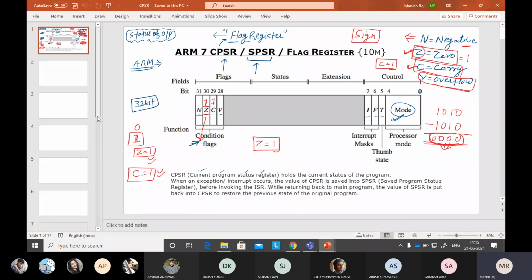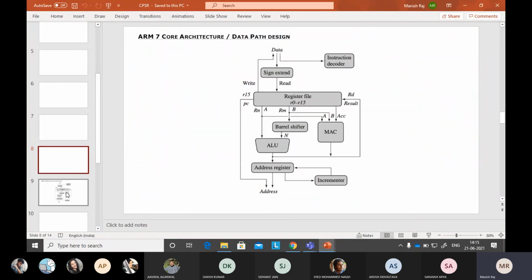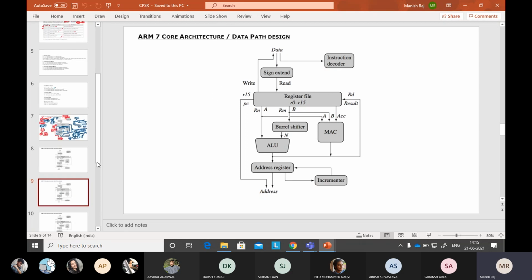Okay, this thing I have already told you. So I am coming directly to the architecture. So it is visible to you. So two things I have already covered that time, that is the barrel shifter and the addressing register. So now you can relate this thing. So barrel shifter, what is the meaning of barrel shifter? That is actually a shifter. Okay. So why we are saying that is the barrel shifter, you can understand better.